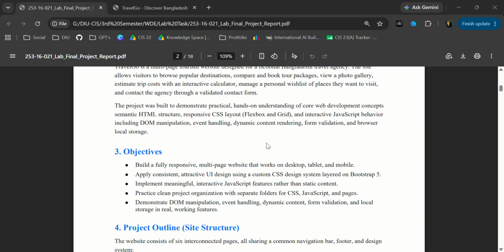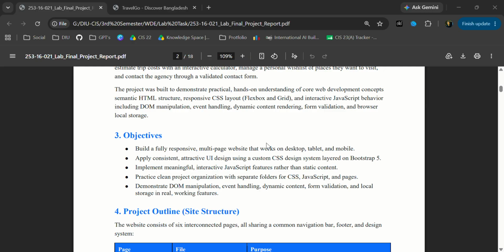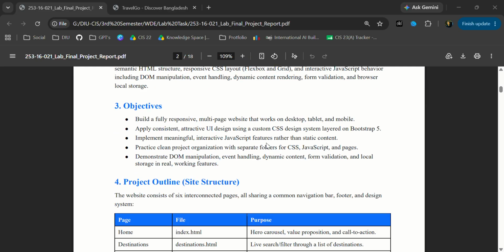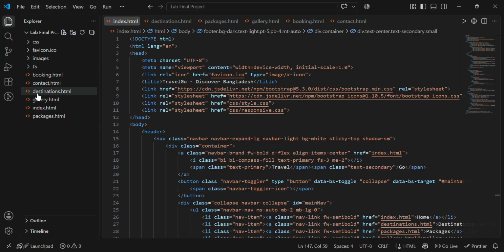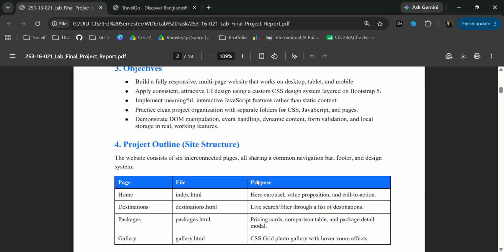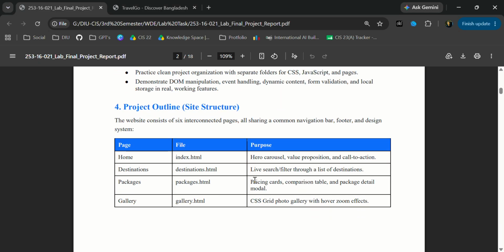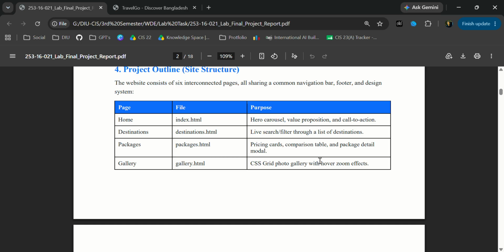Mainly, the project is developed using HTML5, CSS3, Bootstrap 5, Bootstrap icons, and JavaScript. The project contains 6 main pages. If I show you in the VS Code file, that is home, destination, packages, gallery, booking, and contact. There are separate CSS files and also JavaScript files. Now I'm going to run the complete project and demonstrate its major features and